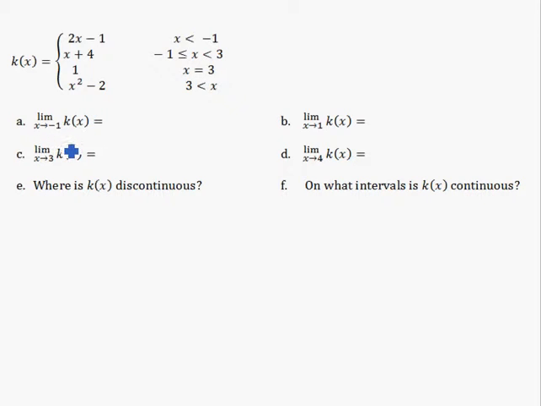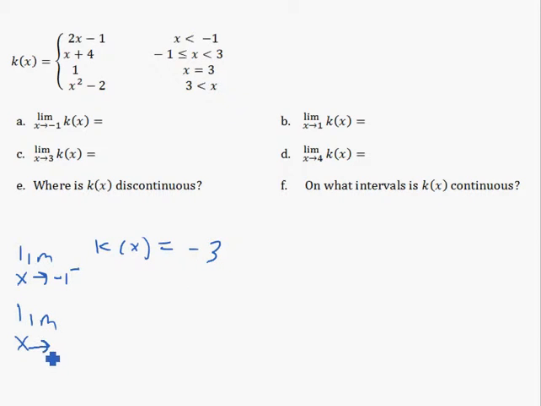As x is going to negative 1 for k of x, you can see that that's where the joint is, where the split is. So that means we have to check both sides. If x is going to negative 1 from below, from the left-hand side, that means we'd be on this domain, which means we'd be on this function. As x approaches negative 1, this function's approaching negative 3. So, although it doesn't ask for it, if it's at the joint of a piecewise function, we need to check the left and right hand limits. And from the left, this thing equals negative 3.